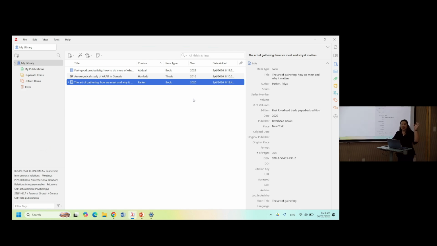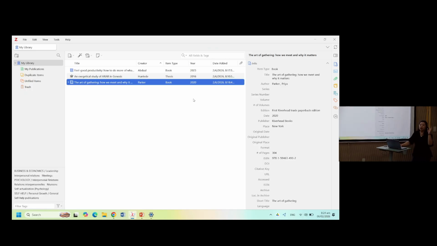Actually, I tried putting in the ISBN and it is not verified. It's either there's something wrong with the ISBN, it was not typed correctly or is incomplete.